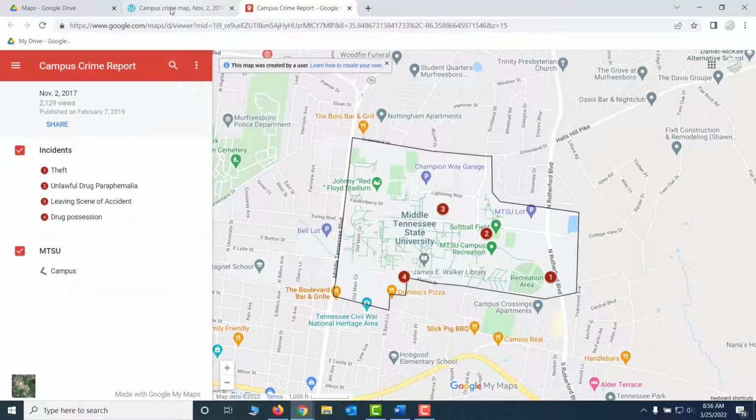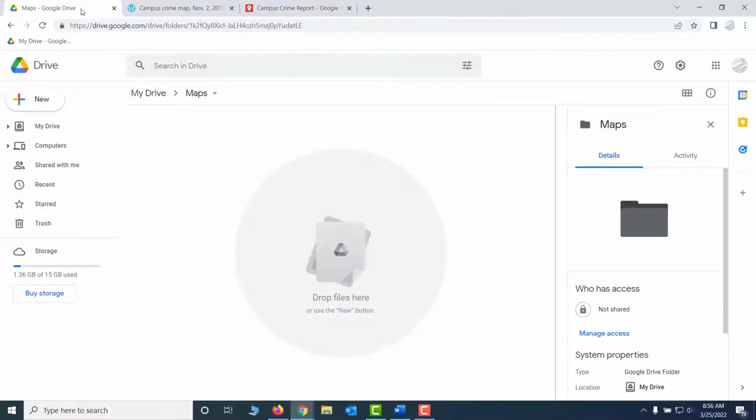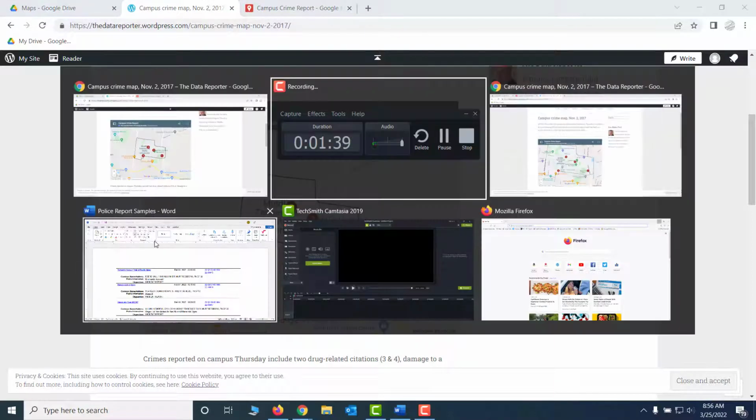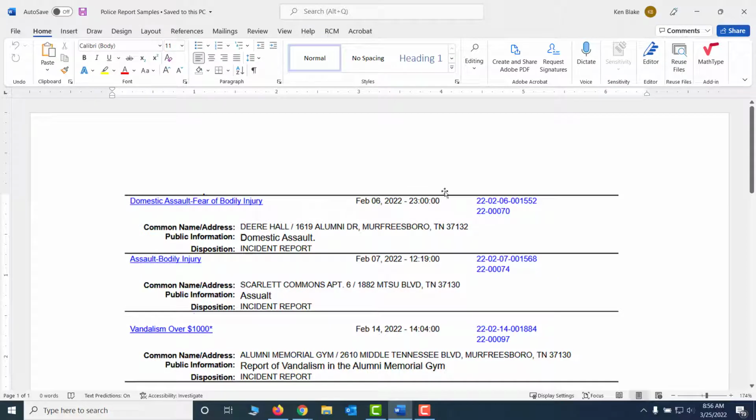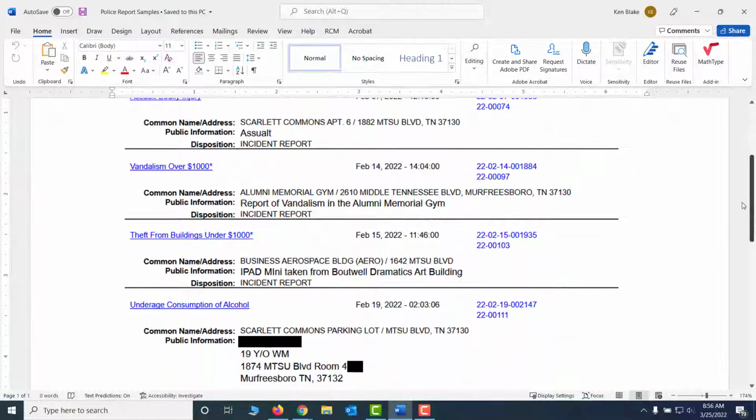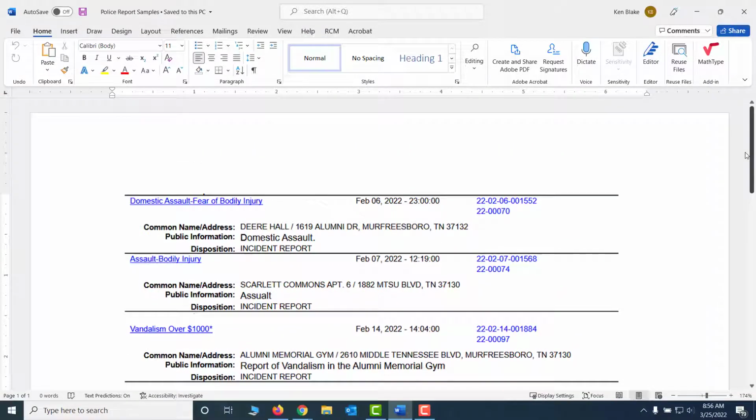So let's get started. I've got my Google Drive open here. I'm going to make a new map and start the map here. I'll show you that in a minute. I've also got some information here. Let me call this up. I've got some information that I've copied from a fairly recent February of 2022 police blog from the